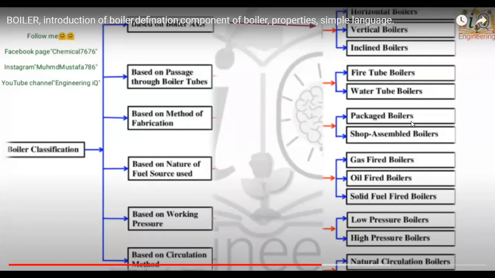In a packaged boiler, all the equipment and parts are within the boiler. Shop assembled boilers mean we can purchase different parts and assemble them in the workplace. This is the package: all components are available in the